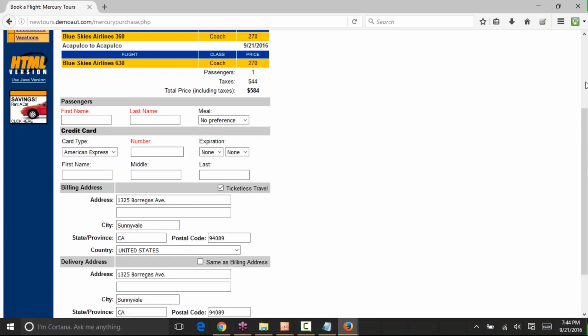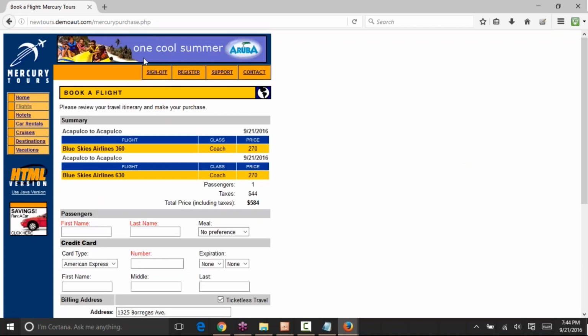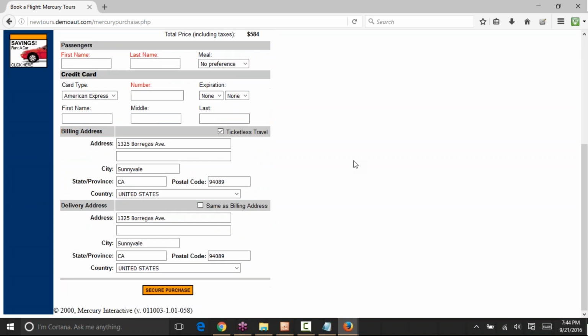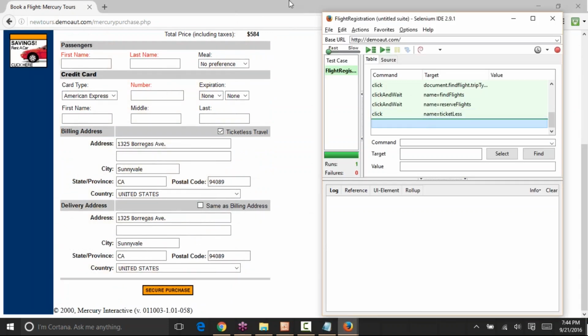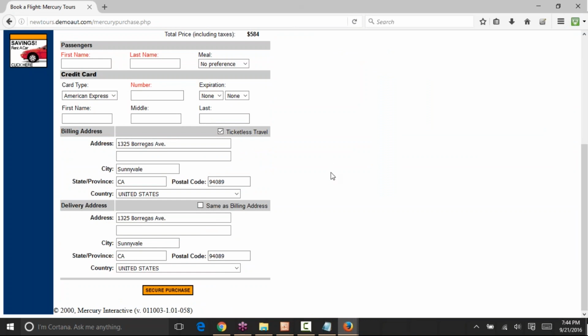So those kinds of verifications will be there. Okay, sign off is present or not, register, support, contact. So everything, whatever is there in the application, we might need to verify. Okay, so how to do that with the help of this IDE is, see, go into the application to check